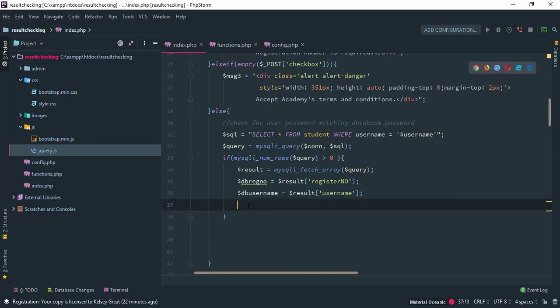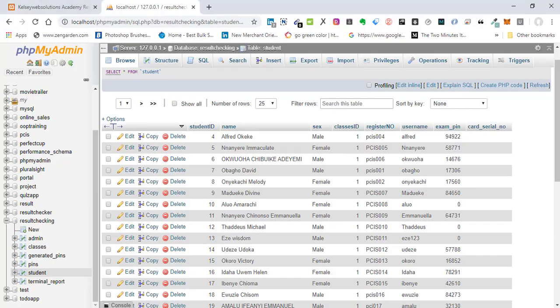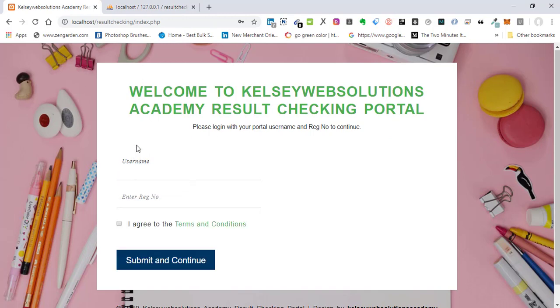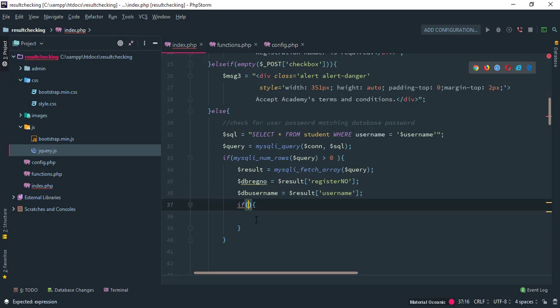So the next thing I'm going to do is compare with another if block again. So I'm going to compare the reg number the user is giving to us from the input on the login form to the one we have in the database. Okay, I'll compare that for the username and also the reg number. So first of all, I'm going to compare for the username. So I'm going to say if db username equals the username the user is giving to us as coming from the input form. Okay, and